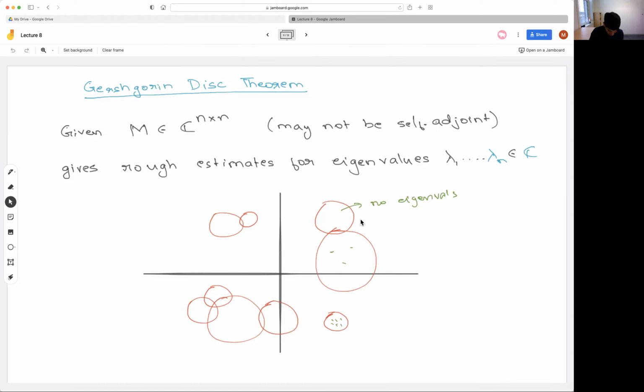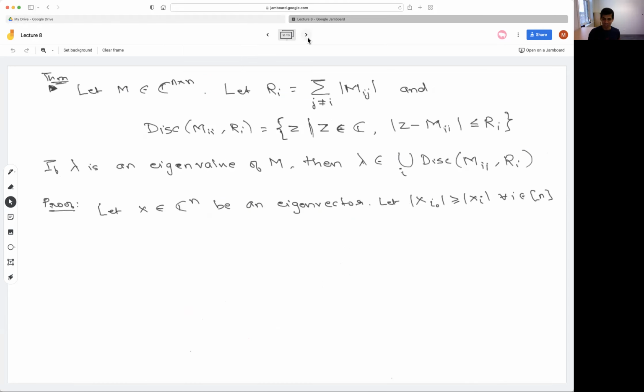And what I've drawn are maybe more like potatoes, but these are just circles in the complex plane. Any questions about what we are trying to prove, or the statement of the theorem? There's also a fairly useful tool in an area called compressed sensing, and if we have time, we'll see an example of that. But let's just get to the theorem first, and this is just a formal version of